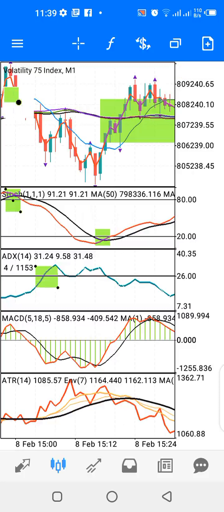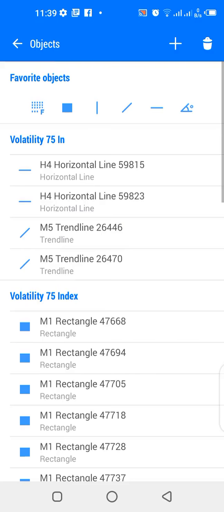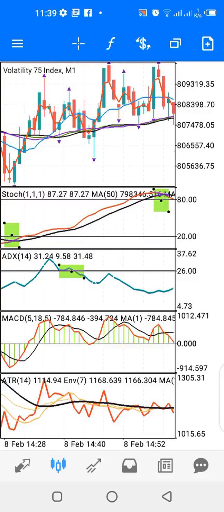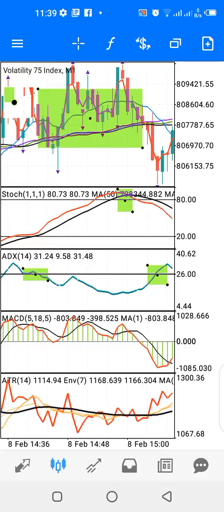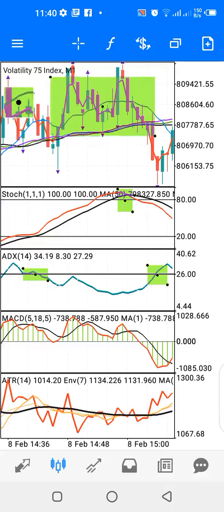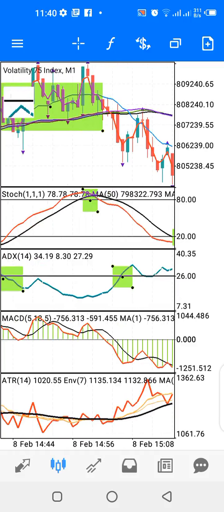So when the green line crosses above the 26 level, that's your breakout. That's when you should buy or sell. But when the green line crosses below the 26 level, you stay out, because you have a range. Like if you look at what happened here, we have a regular range happening around here. It's neither going up nor coming down, it's just ranging. So when you see the ADX line going below the 26 level, stay out and wait for it to come above for you to either buy or sell. But as it comes above here,